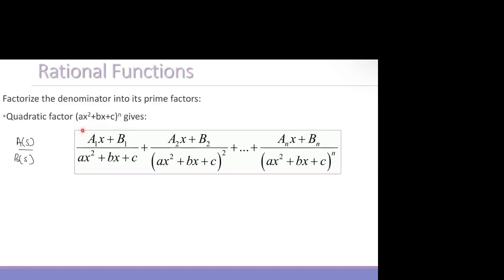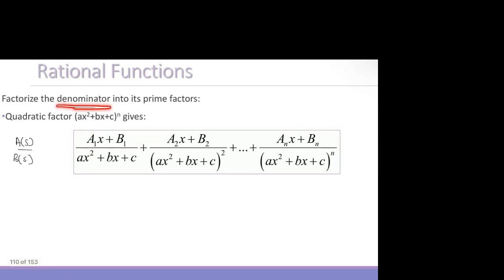The first fraction starts with (a1x + b1). Because the denominator is a quadratic, the numerator must be linear. The power here is 2, so the power in the numerator must be 1. So you have the first linear over (ax squared + bx + c), which is power 1,